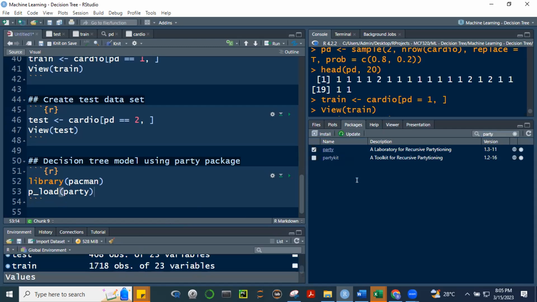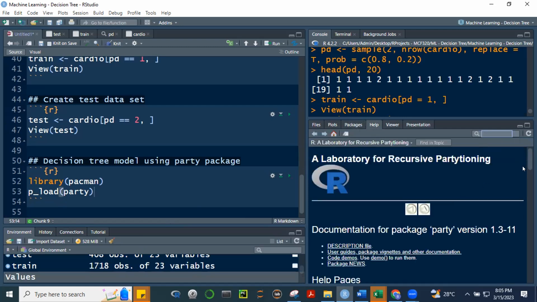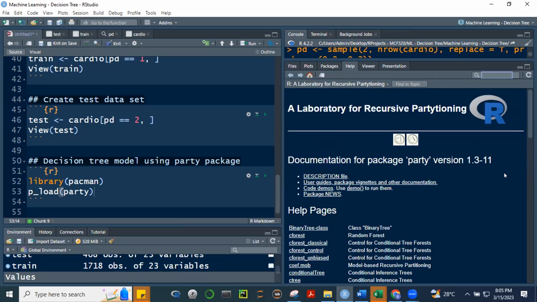And then let's first take a look at the party package. You have the package already installed, class? Yes, sir. All right.